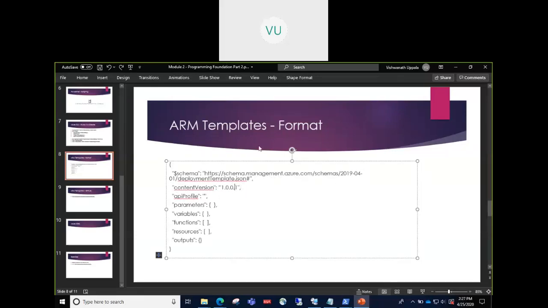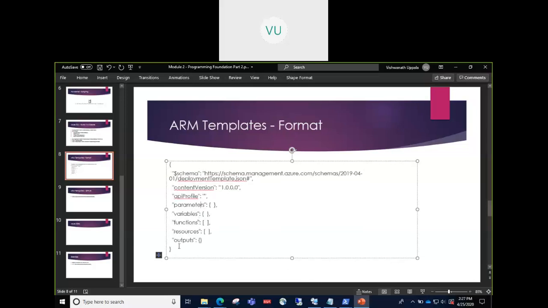You can version your ARM templates. So initially you would have something like 1.0.0.0, and then you can increment. If you're updating your ARM template on a regular basis, you can increment this version to differentiate between different versions of your ARM templates. Then you have API profile, which is which API version you want to be used while deploying your resources. This is the basic structure.